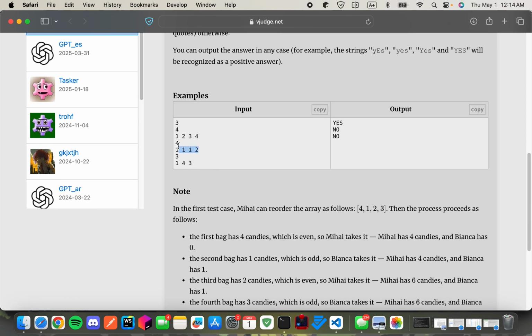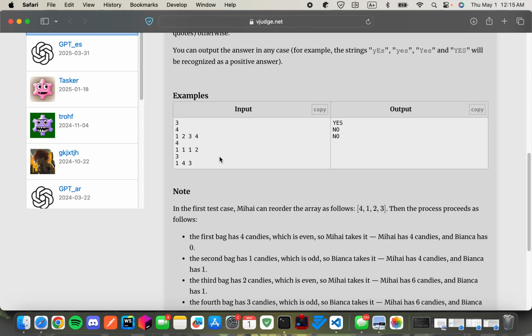And for this test case, we have 1, 1, 1, 2, and it prints no, because by simple logic we can see that Bianca has more candies than Mihai at the end. So therefore, no matter what, Mihai wouldn't get a reordering in which he will have more candies than Bianca.